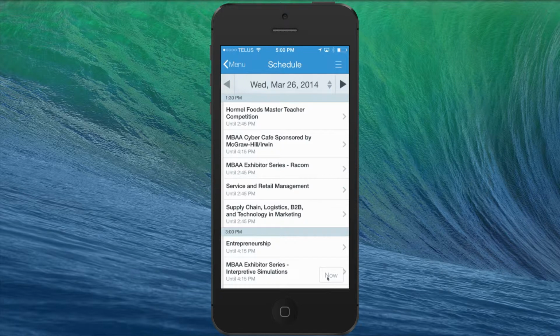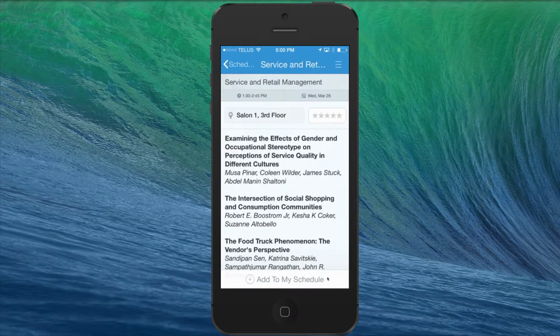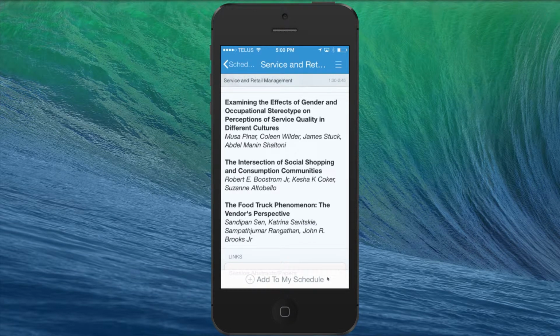Obviously, because it's not really happening at the moment, it's going to take us to the very beginning. So within each of these, as you take a look, if you click onto the Service and Retail Management session in the afternoon, this will tell you the time. In this case, it's 1:30 to 2:45, the location, which is Salon 1 on the third floor, and then it provides you with a description of the three papers that are going to be presented